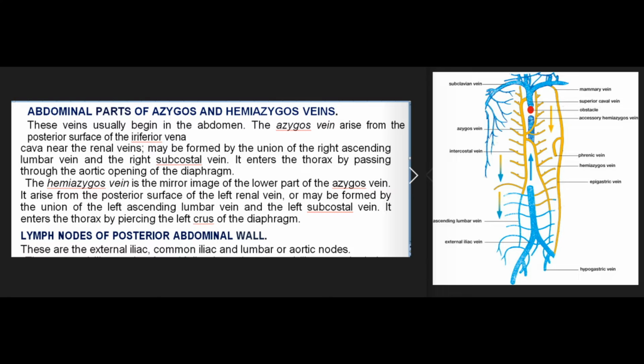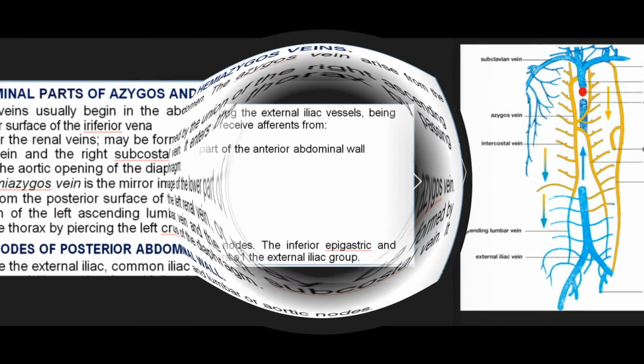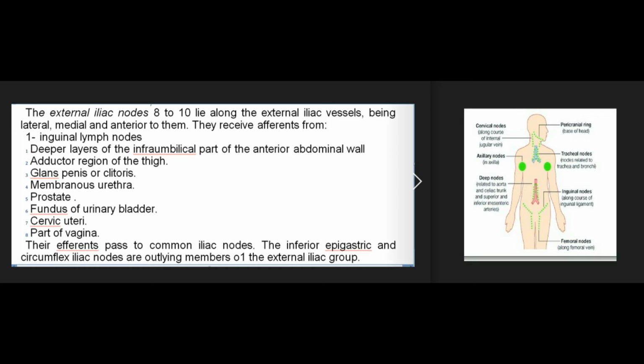Lymph nodes of the posterior abdominal wall. These are the external iliac, common iliac, and lumbar or aortic nodes. The external iliac nodes, 8 to 10, lie along the external iliac vessels, being lateral, medial and anterior to them. They receive afferents from: